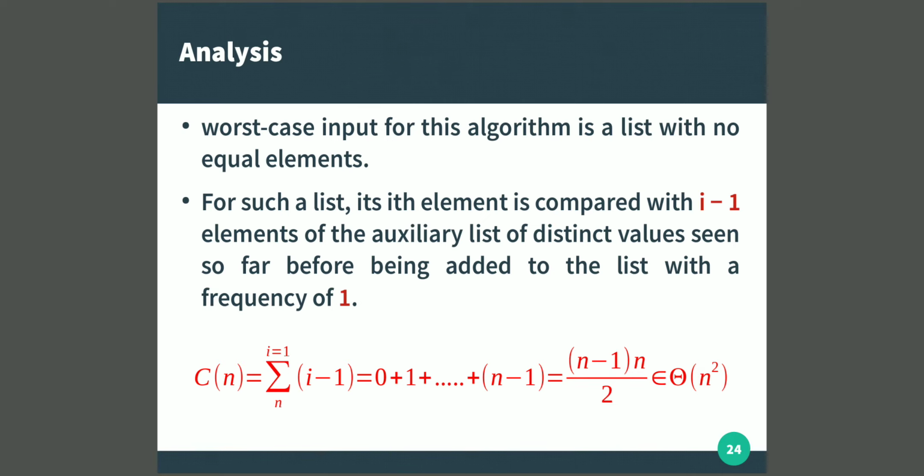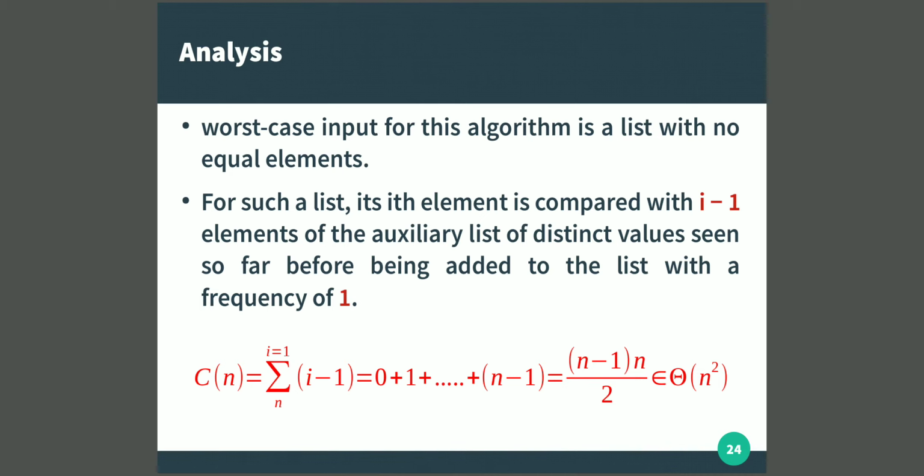Why have we written i minus 1? For the ith element we require i minus 1 comparisons. So for the first element we required 0 comparisons because the auxiliary list was empty, there is nothing to compare. For the second element we would require 1 comparison because the first element would have been written to the auxiliary list, we need to compare it with it, and only then we can add it to the frequency list. Similarly, the third element would require 2 comparisons and so on.